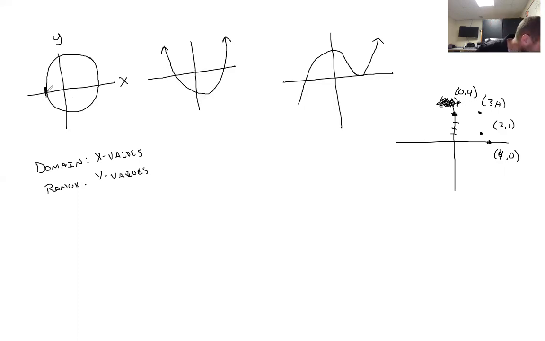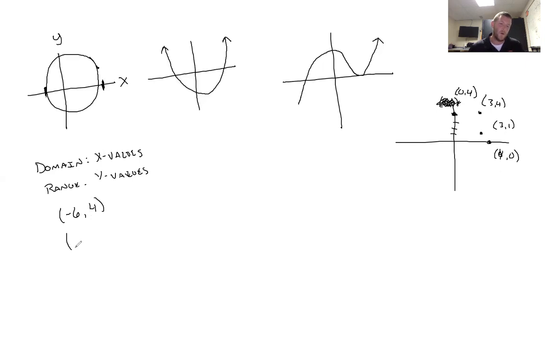Okay, and if I count, 1, 2, 3, 4, 5, 6, so on your graph, it's going to be -6, and then I need to see where it stops, so I keep going over here until it stops, and see how there's nothing over here, so it had to stop at some point. Well, this is the farthest right point, so I need to find what that x value is. All right, so if I count 1, 2, 3, 4, okay, so my domain on this would be -6 to